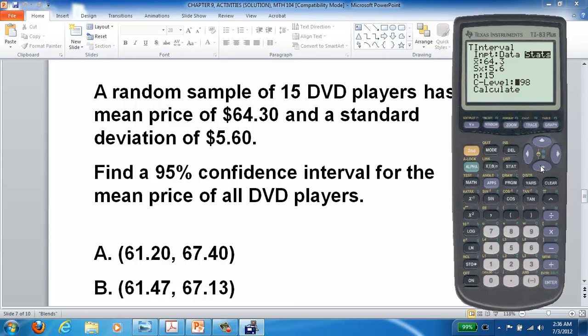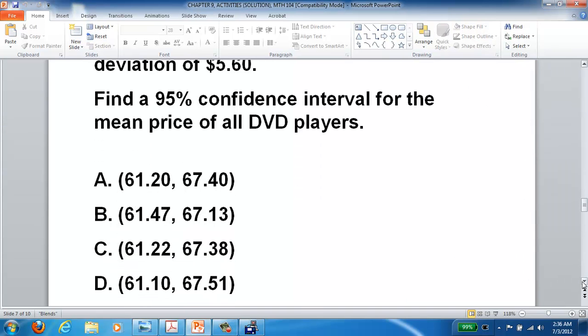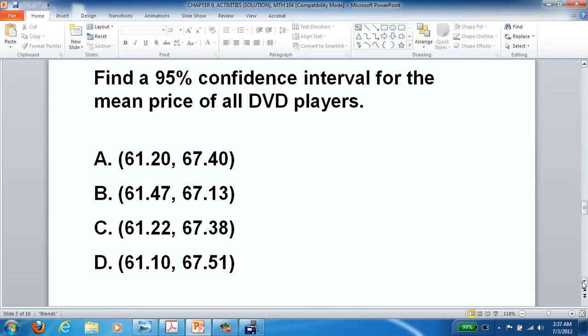And you look for a 95%, 0.95, and then we click calculate. And this is going to be the confidence interval, 61.2 to 67.4. So the correct one is A,